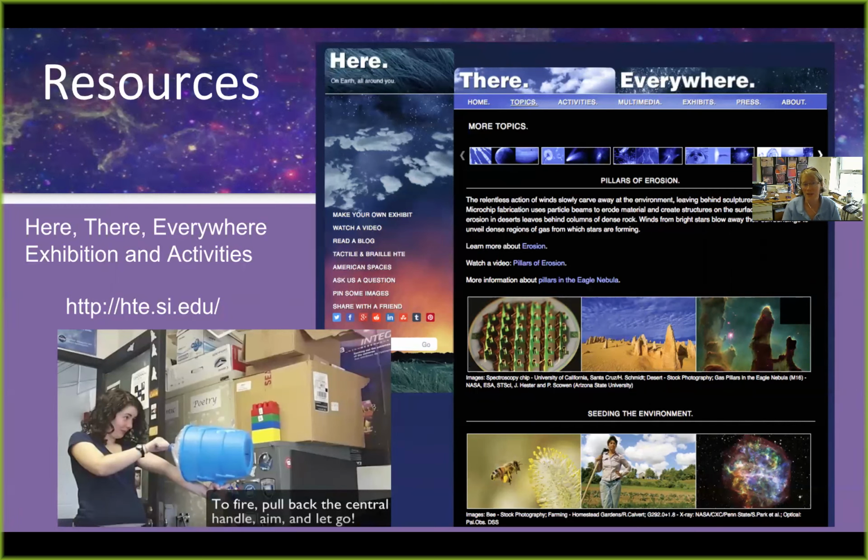And the theme of the exhibit is around the physics, the processes that you might be familiar with here on Earth and their analogs in space. So in this slide, you see erosion. We're familiar with erosion in these sand pillars on Earth, and in space, the Pillars of Creation that Hubble observed in the Eagle Nebula is going through a similar process.